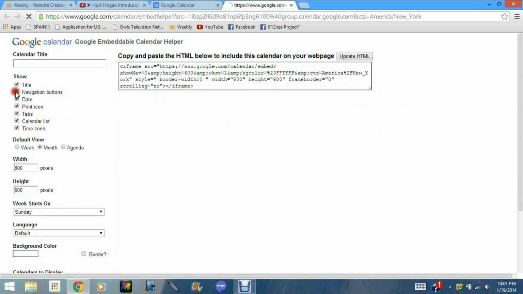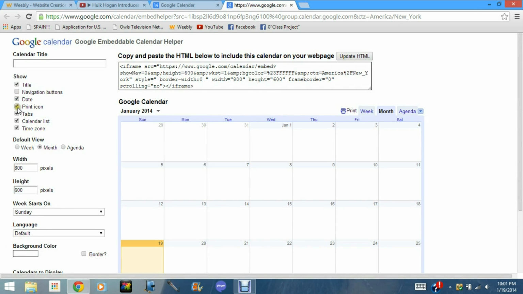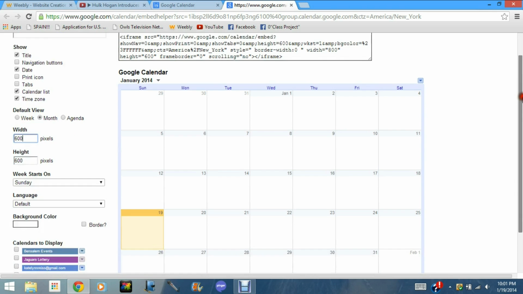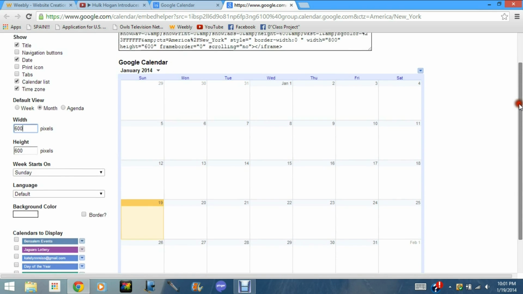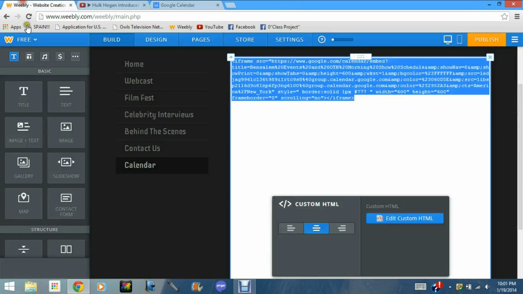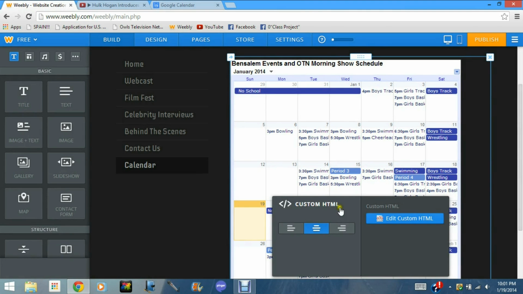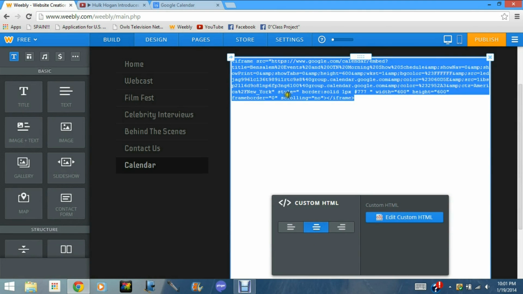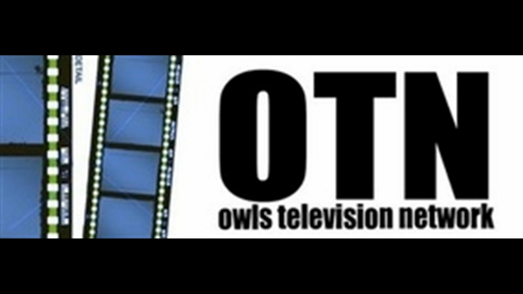For the OTN calendar, I did not use navigation buttons, print icon, or tabs, as none of them are needed. And for the width and height, I use 600 by 600. So there you have that. And just copy and paste that HTML and put it in here. So that is basically all you have to know about Weebly,